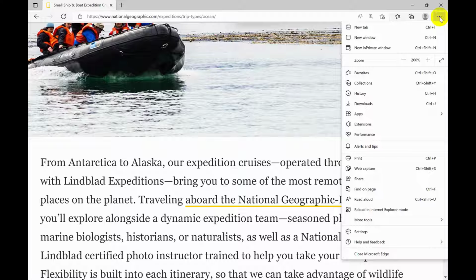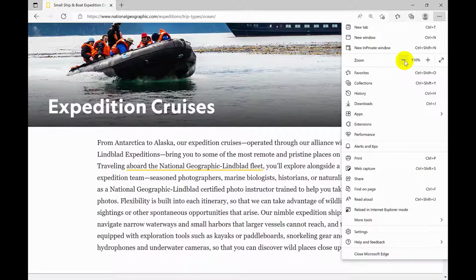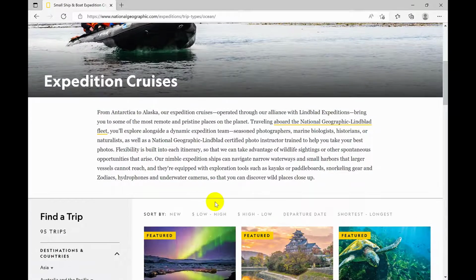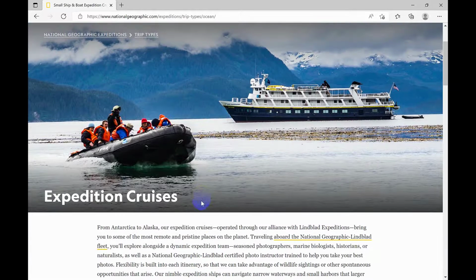If you want to zoom out, then click on this three dot and then click on this minus icon. It will zoom out. I come back to 100%, so it's normal now. So this is how you can zoom in or zoom out, smaller or bigger any text, any page